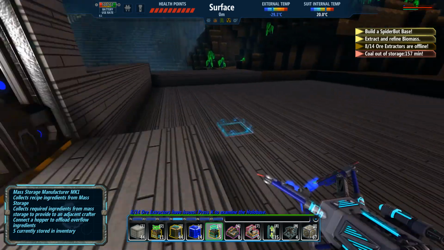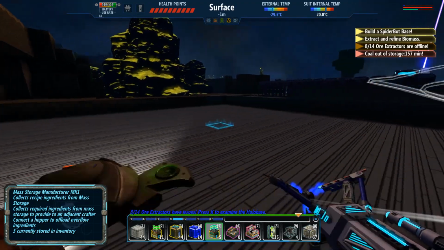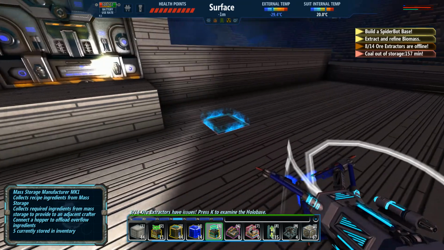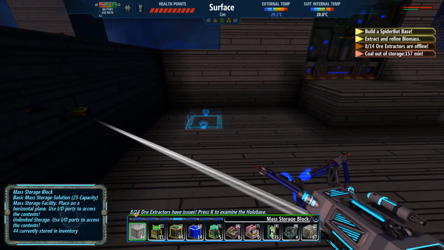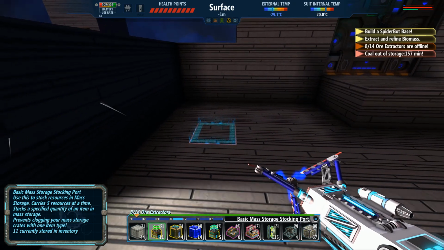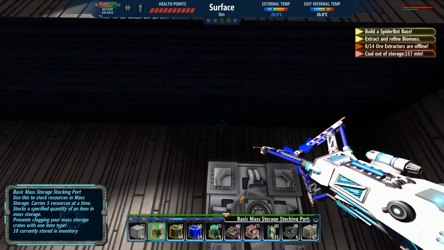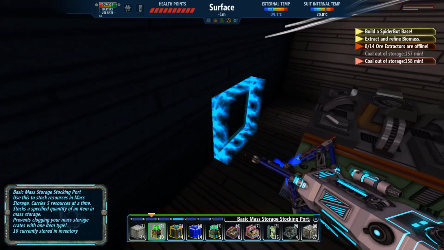So, I'm going to run in my room, have a short step down, and I want kind of a horseshoe shape of mass storage around me, because I don't need a ton of actual storage. What I need is for everything to be connected, and I need a lot of surface area to use stocking ports. Yeah, right here seems good. So I would need...